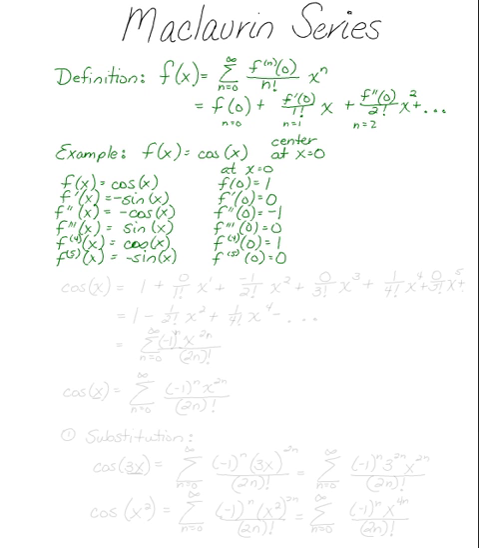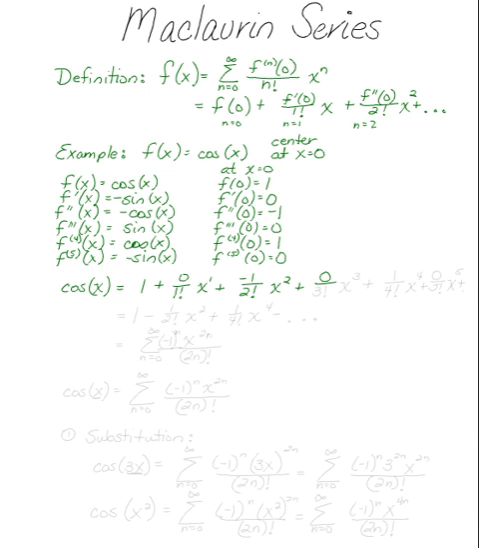Now what we're going to do is say, okay, so let's write out what we have up above. This tells me that cosine of x, so let's go back up to the definition, is equal to f of 0, which is 1, plus f prime of 0, which is 0, over 1 factorial times x to the first power, plus the second derivative, which is negative 1 over 2 factorial x to the second power, plus the third derivative,